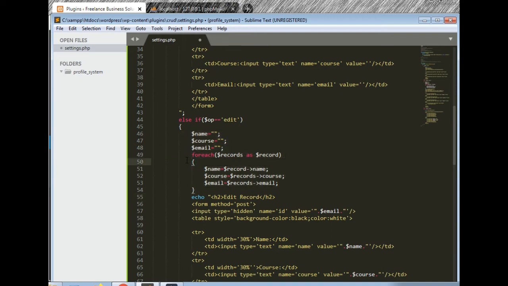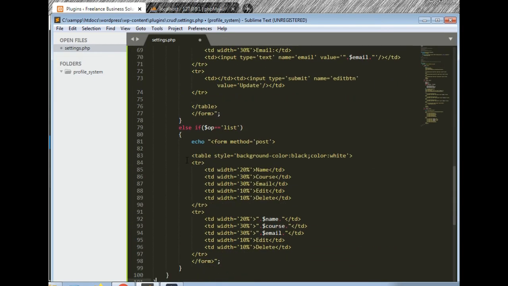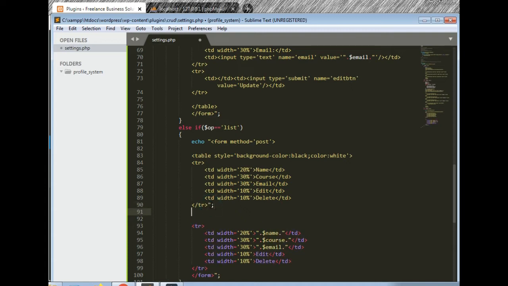This is also a loop, and in the second row, okay,